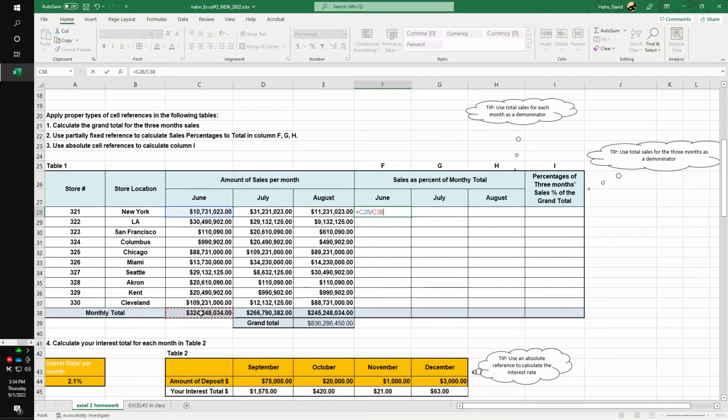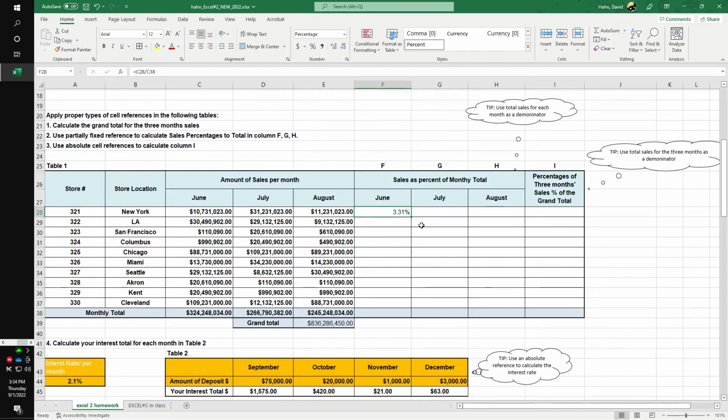If I hit enter, there's our percent. I think I had already gone through and grabbed all of these cells and made the units percentage. So if you see a decimal place, 0.0331,